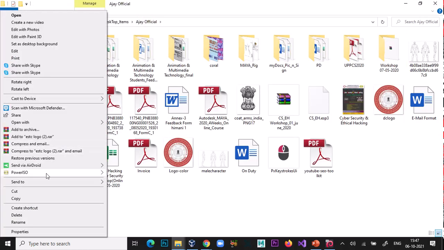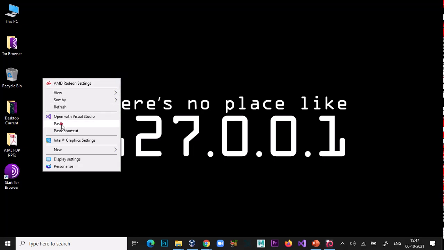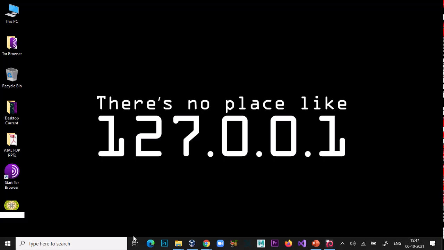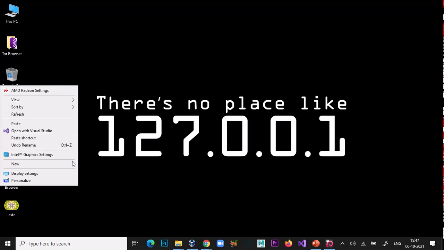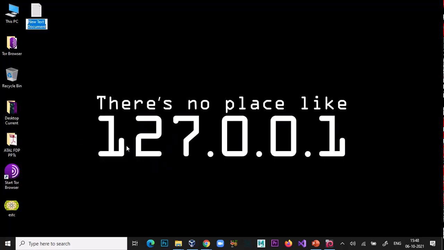Okay, suppose this is the logo, ESTC, and the extension is PNG. And we have a very small text file.